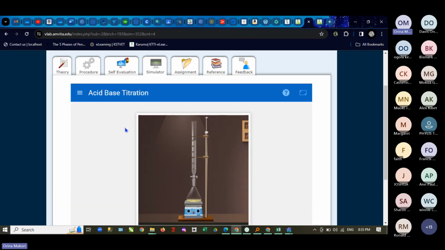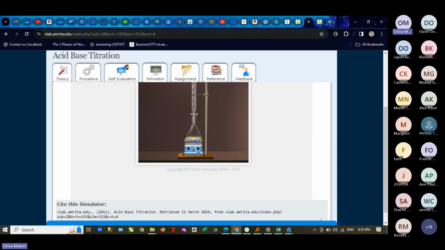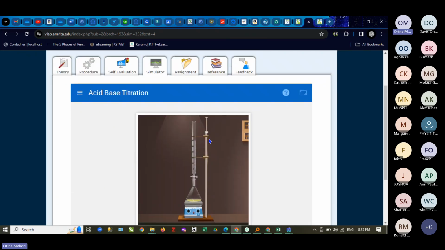As you can see, we have our apparatus. This is the heating equipment, could be a Bunsen burner or just an electrical one like this one. This is the stand, there is the burette, there is the beaker, the conical flask. Yeah, it's a conical flask. Then if you click on this side,